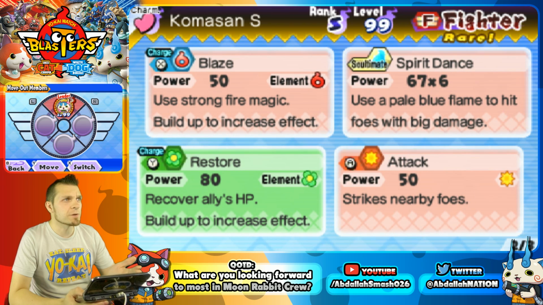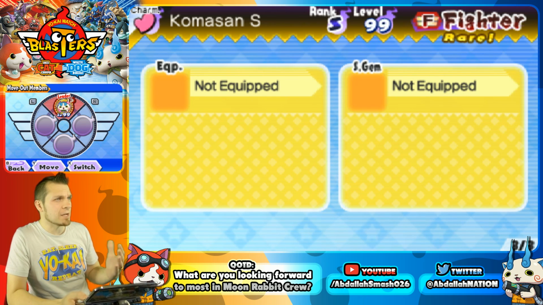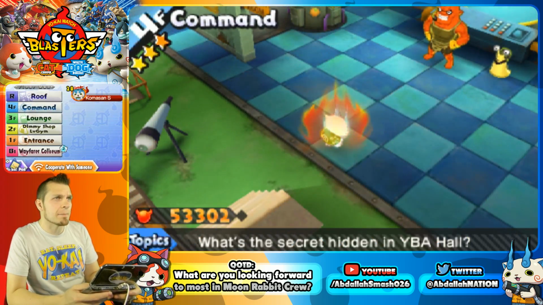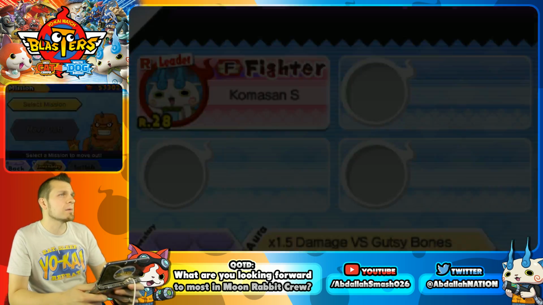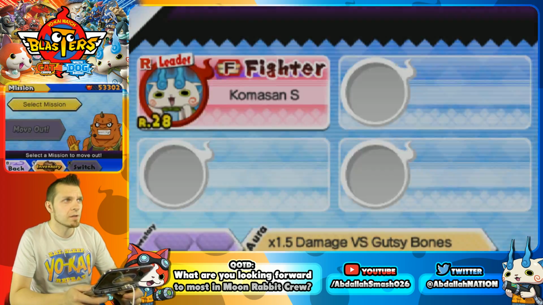We have Komasan S over here with blaze, so this is going to be our control. You guys can see that we don't have any equips on right now. It's going to be our control. We're going to take an average of how much damage my fully charged attack does. Keep in mind the aura is not giving any boost. It does not matter because that's giving boost to Gutsy Bone. So we're just going to jump into base level